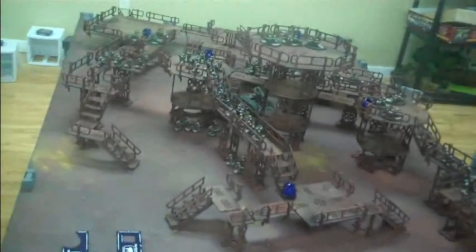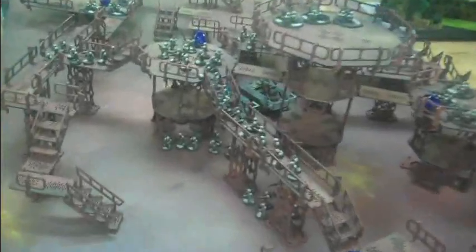Alright folks, it's a classic matchup, man versus alien. Rawr! And I'm playing against Ren. Yo. I'm playing the alien. Woo! Alright, this is a set of rusted out industrial terrain, which is a product of Blue Table